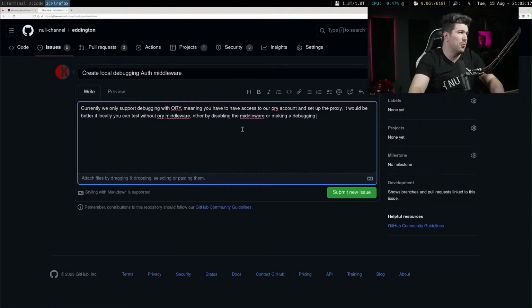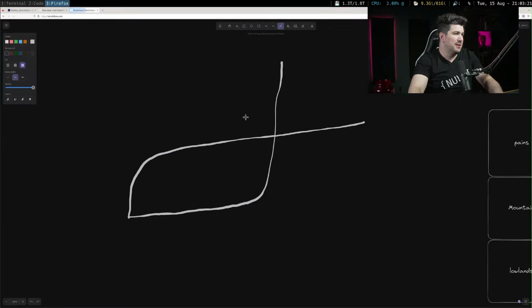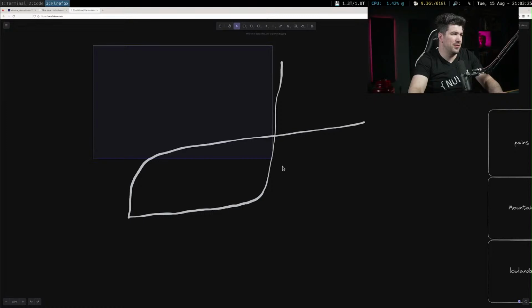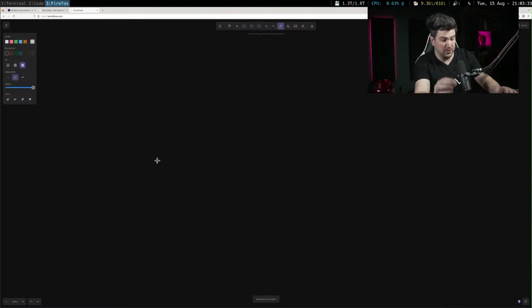So one thing that I want to keep in mind while doing this, and this is something I try to do with all things security related, is I want the failure mode to be secure. So basically, I want the default to be with auth.